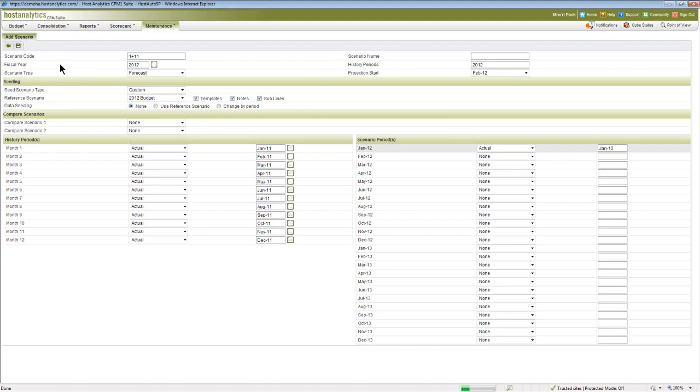But Host Analytics replaced Cognos, and using these tools I'm showing you right now, they can literally roll forward their budget scenario or their templates in a matter of minutes. So it saves them a huge amount of time and gives those two people a lot more time to go do other things that are more productive for the company.